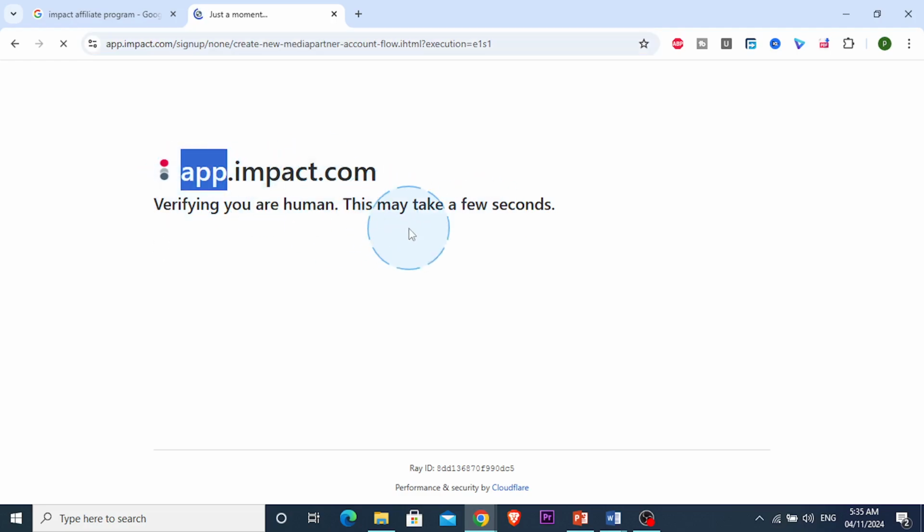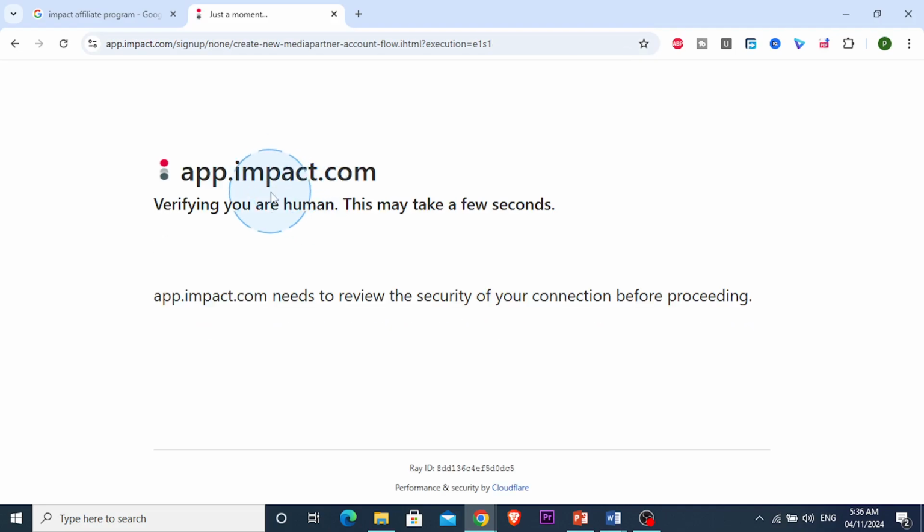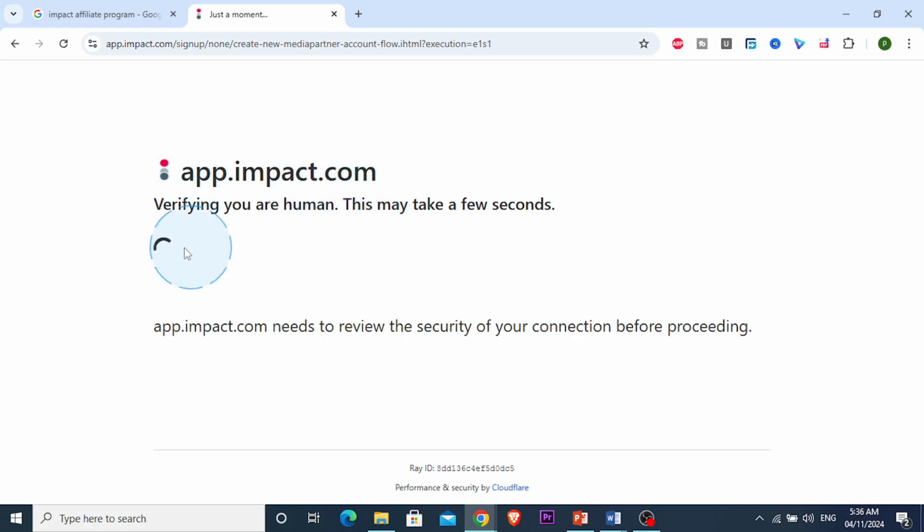Now it's just verifying that I'm human. This isn't normal, but they do it just for their security. So there's a lot of DNS server attacks and stuff going on. So it's just gonna verify you in just a second, and then it's gonna redirect us in just a moment,